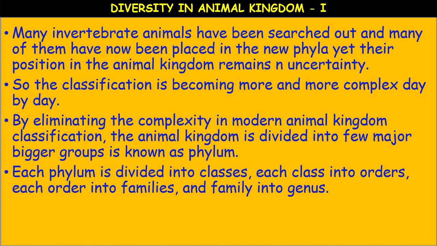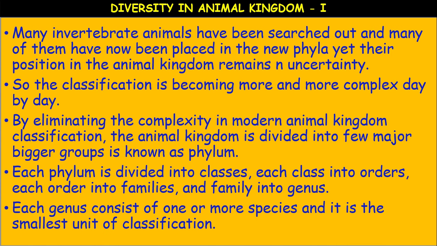But as we come down from kingdom to species, the number of organisms decrease but similarities increase. Okay. What is classification? Classification is the grouping and naming of organisms. It is the science of grouping and naming of organisms. Okay. What do you call that science? Taxonomy. Okay. So, zoology is the particular subject which deals with only animals. Okay. Animal classification is zoo taxonomy. So, here we are discussing now